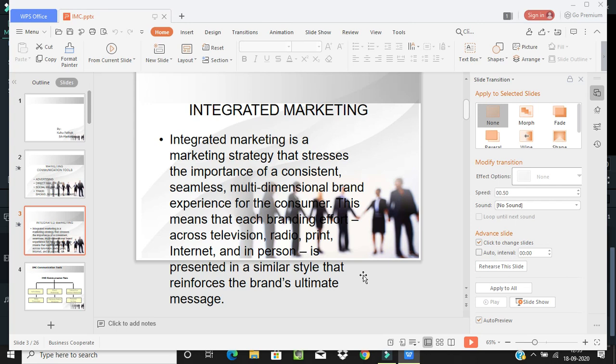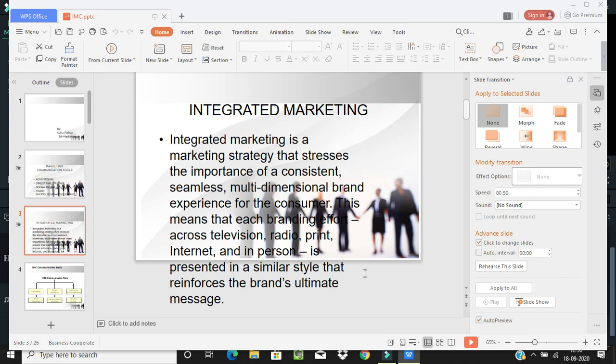And we can't say what new things are coming in future. Nowadays you may have seen some mobiles working with touchscreen on our hands or palm. 10 or 15 years back, no one expected that people could communicate with each other by sitting in one corner of the world and reaching another corner of the world. They can have a video call and communicate. So the future has come true. That means the problems and the demands of those days have been fulfilled nowadays. This is the main work of IMC.